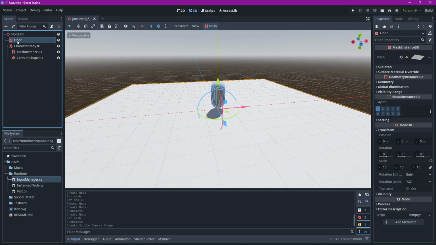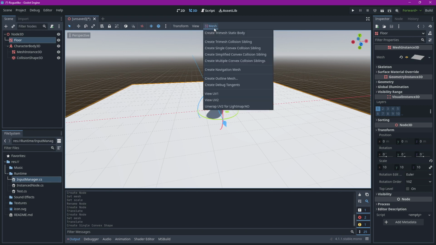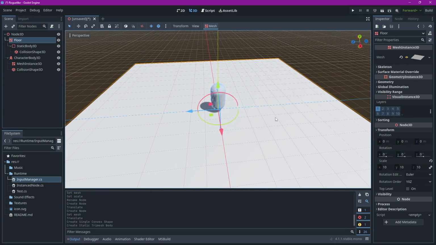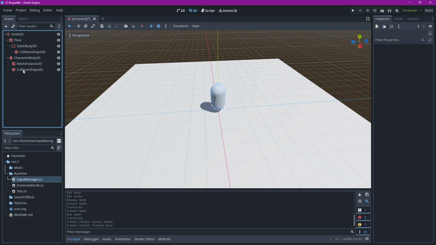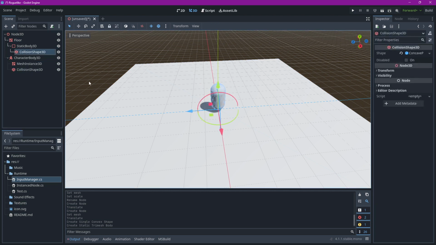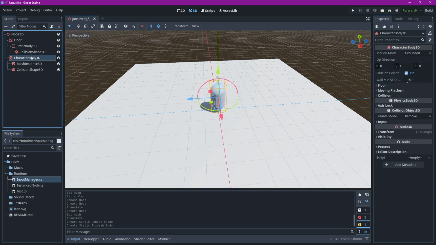One thing I also forgot was the collision for our floor. We can just create a tri-mesh static body, which basically says this will never move. It will stay always at the 0, 0 position. Okay, now that we have the collision shape for both of them, we can just go on to creating our